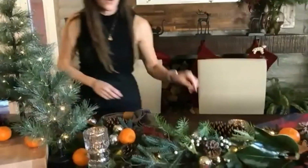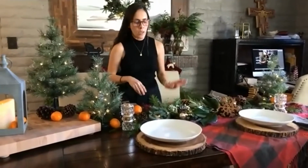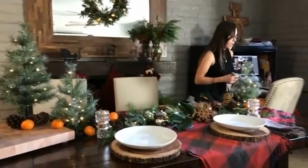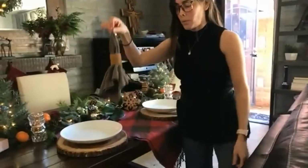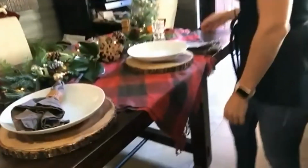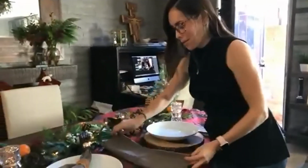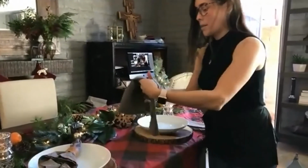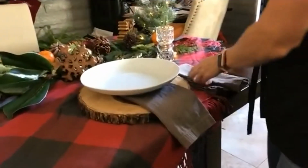Okay, so going back to the table placing, since you might think, okay, the table is already a lot, I don't think I need to put a lot more, it's so much work. Well, you can just keep it simple. You can put your plates, and then you can add your napkins. So the typical ring, you just grab your ring, pull it through, and that's it, right? Or you can fold the napkin. I'm pretty sure everybody has done this at some point. You put it like this, right? Or you can do